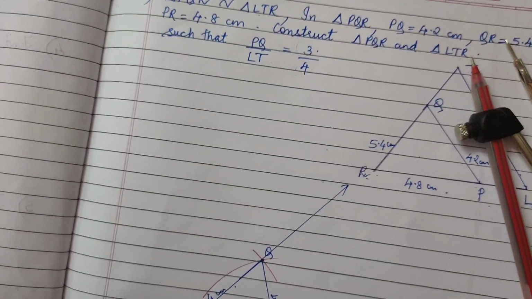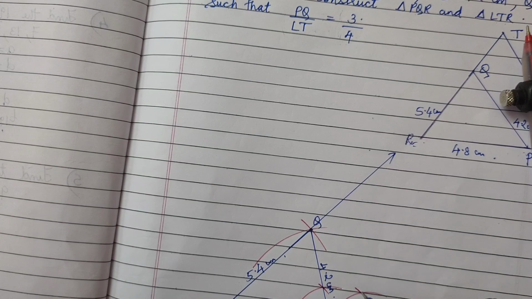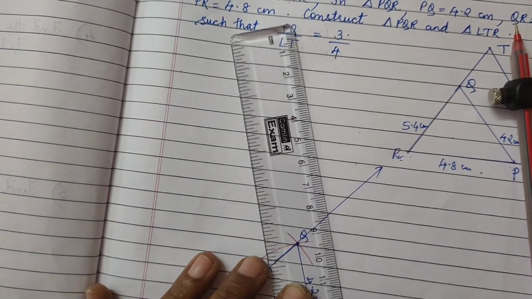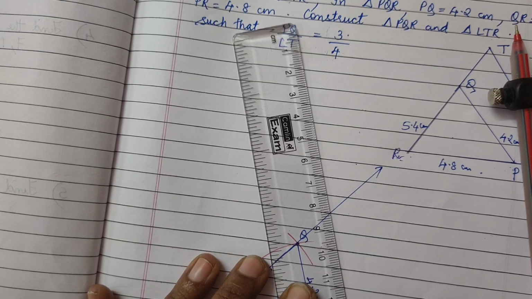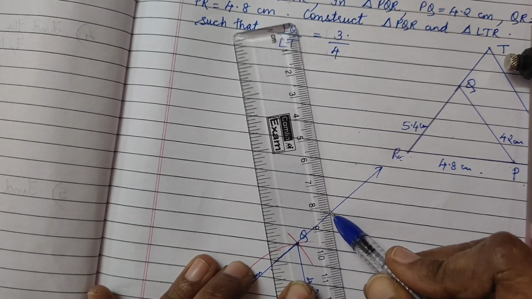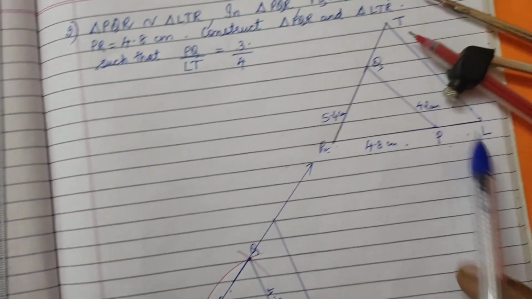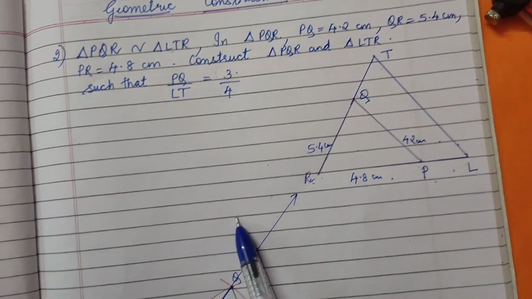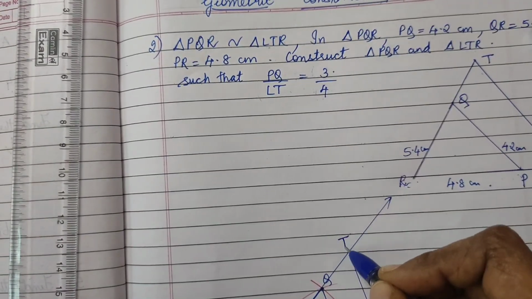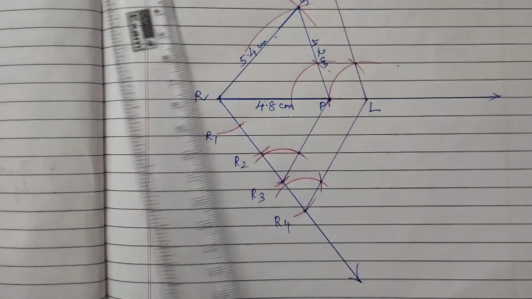Now we got an intersection point here, which and which? This point and this point. Now we are going to join it, this one. Okay, we are joining this one. So can you see here? We got our point here. Now how to name it? L, T, R. So similarly here our name L, and this is our T here, and this is our R here. So we got our required triangle.